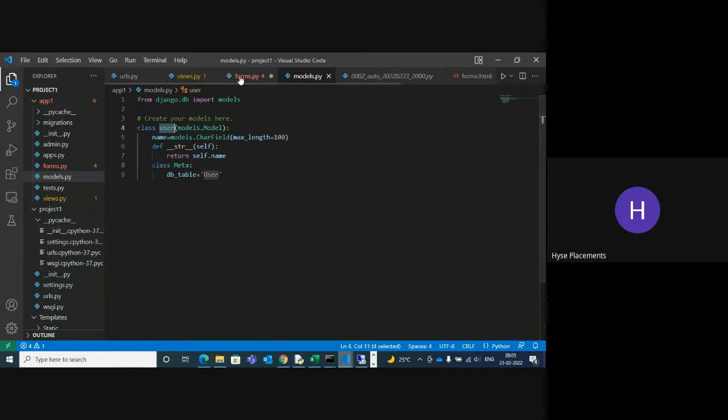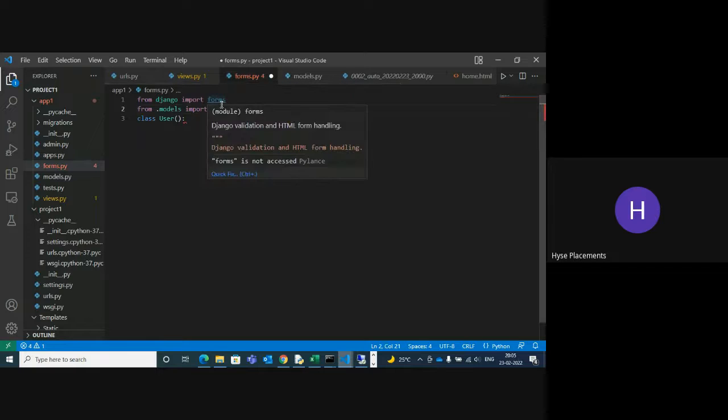Sorry, not function, the name is Users. This Users and that users are different things. I am giving a capital U, and this is the form class, and that is the model class.